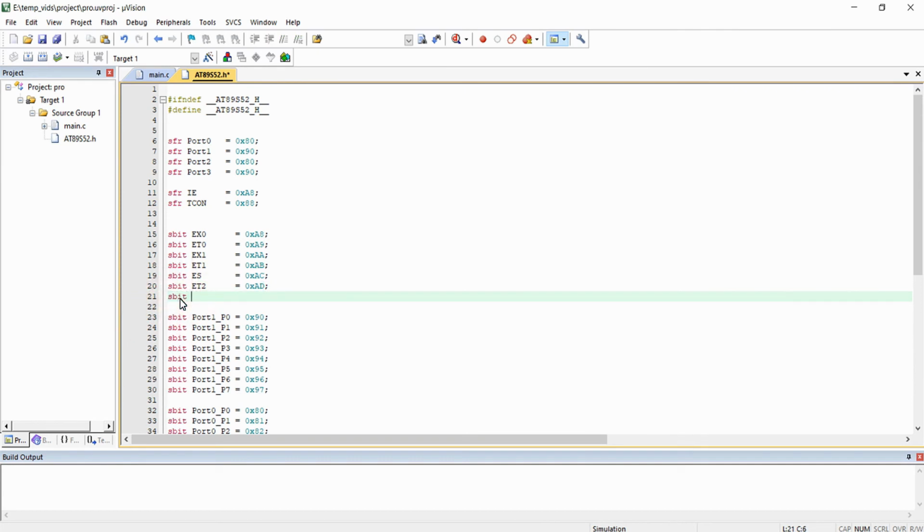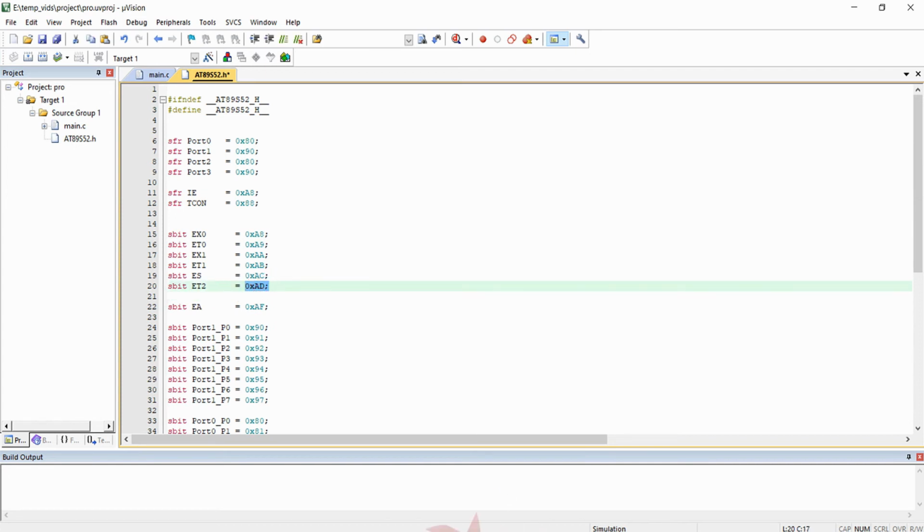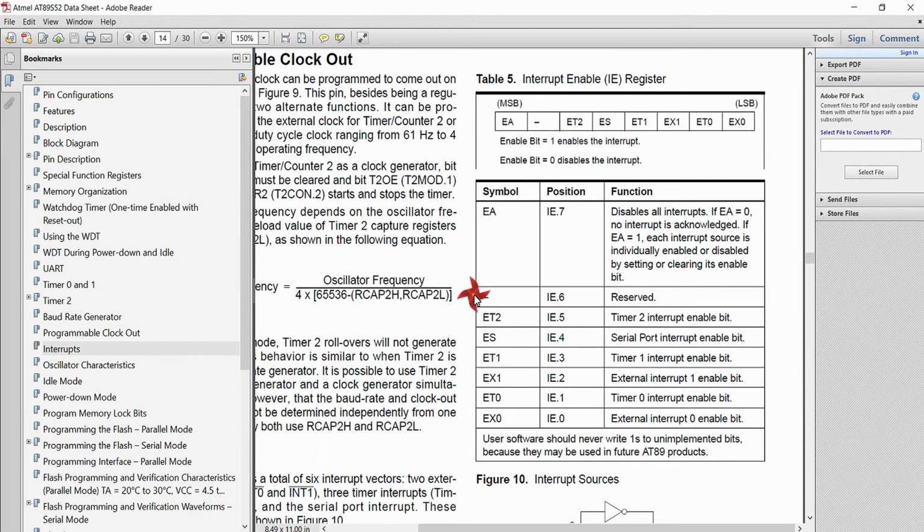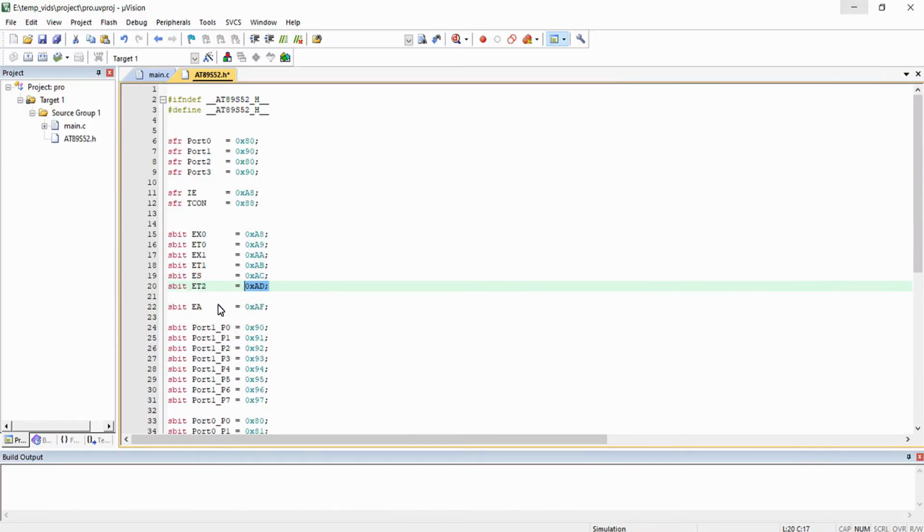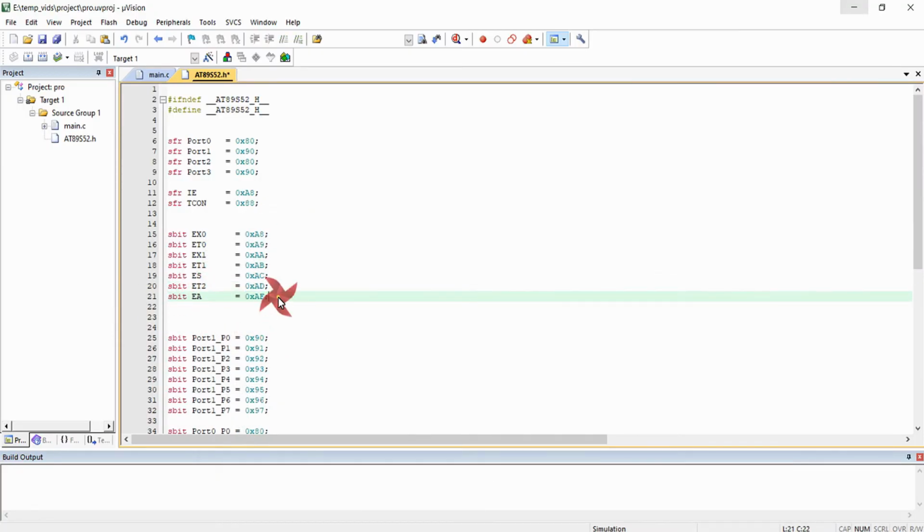So SBIT of EA equal to 0xAF. So you must remember that AE is the memory location which is reserved over here. That is why we are defining this EA with the address 0xAF. So we have successfully configured each and every individual bit of the interrupt enable register, and let's take a look